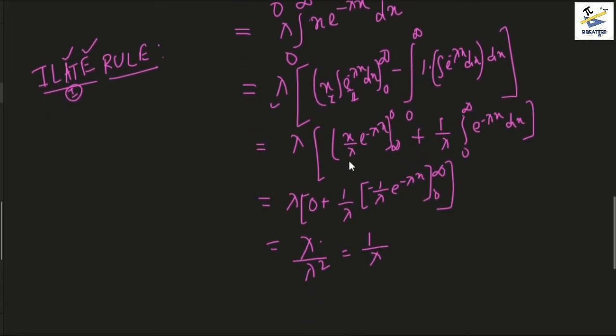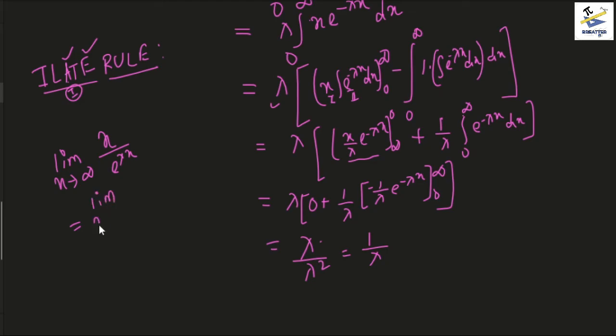Now this limit, minus x by lambda into e to the power minus lambda x from 0 to infinity, becomes 0, because for the first term, obviously when you put 0 it becomes 0 into 1, which is 0, and when you put infinity it becomes a limit which is x by e to the power lambda x, where x goes to infinity, and it can be shown that this is 0 as follows, because limit x tends to infinity of x by e to the power lambda x,